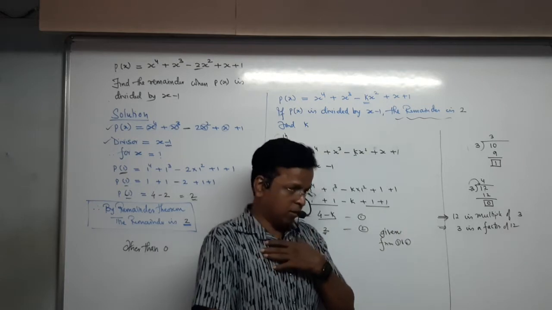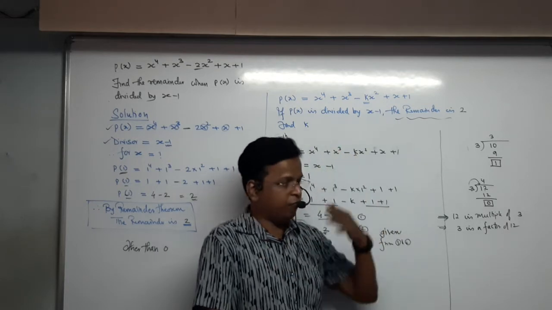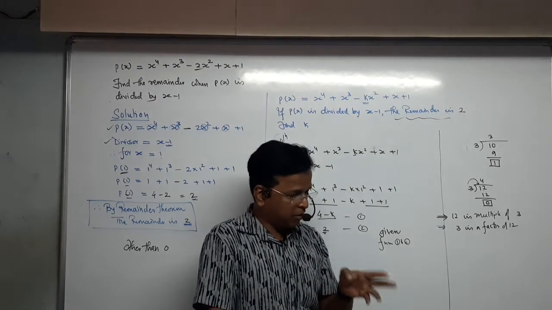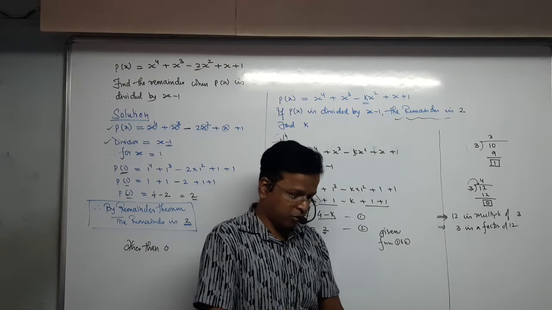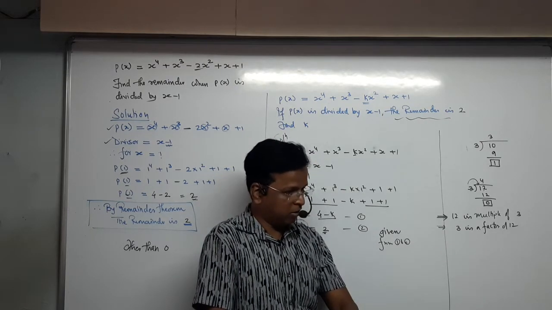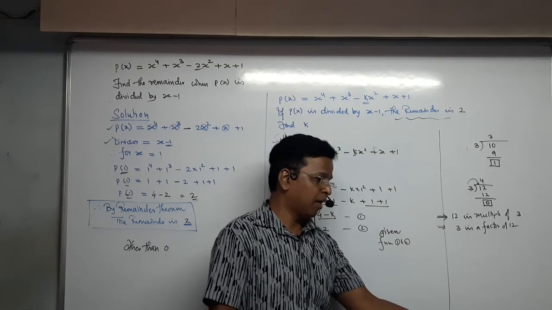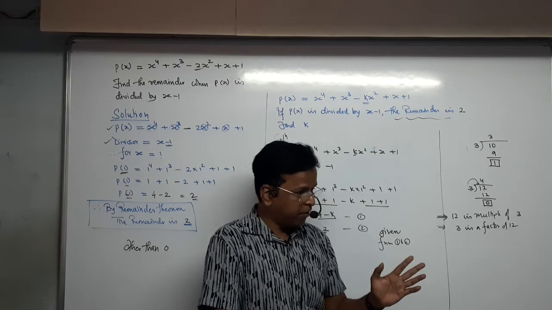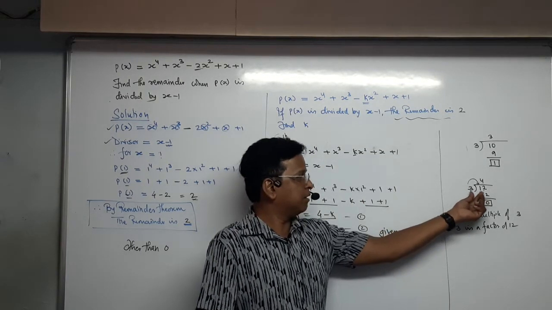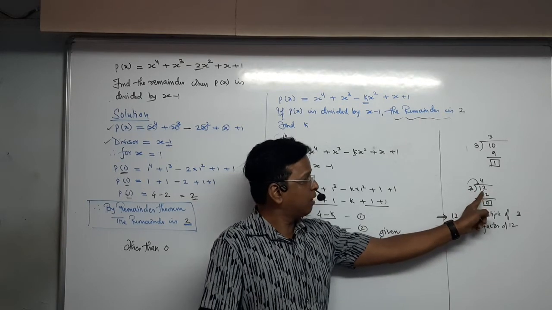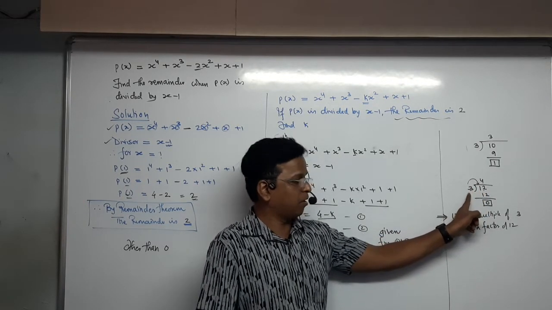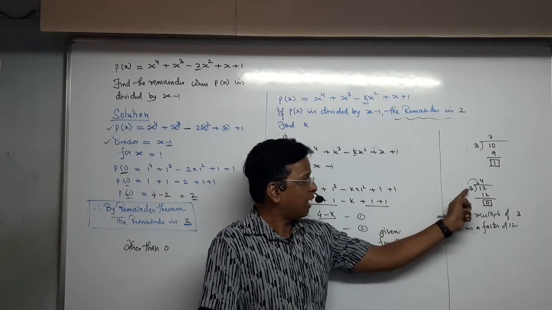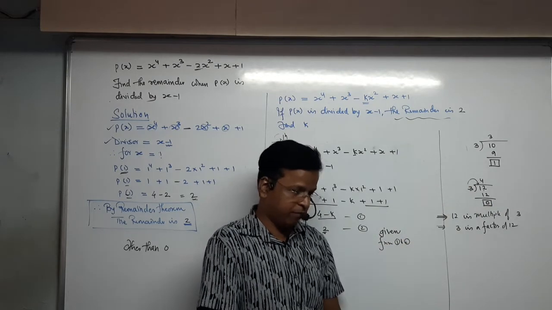I am son of Madhukar and Madhukar is father of mine. Are you getting my point? Both have a relation, right? If you both are brother and sister, you are his sister and he is your brother. I can't say it the same way for both of you. So similarly, when there is a relation between 12 and 3, how is 12 related to 3? 12 is multiple of 3 and 3 is factor of 12. Whenever remainder is 0, I can tell 3 is a factor of 12.